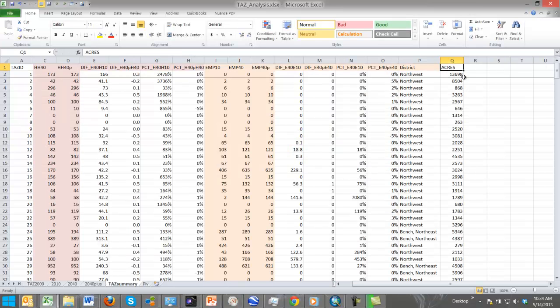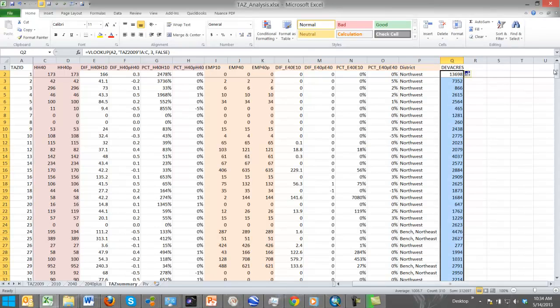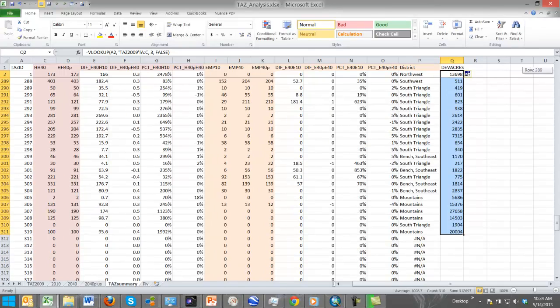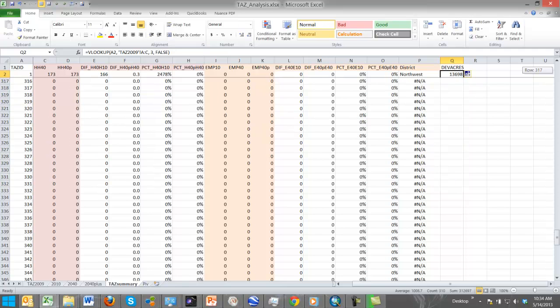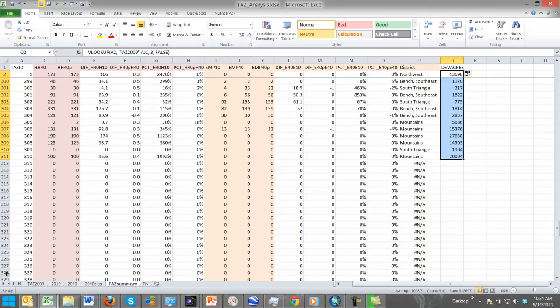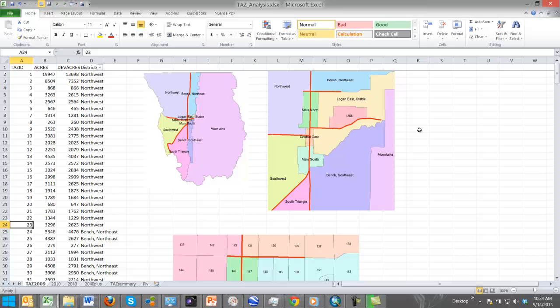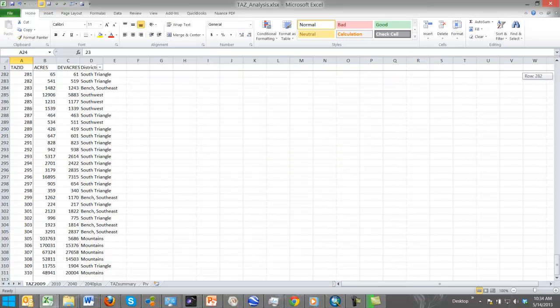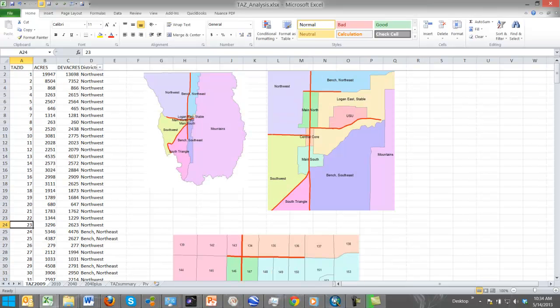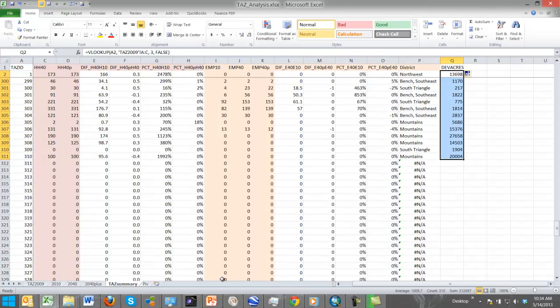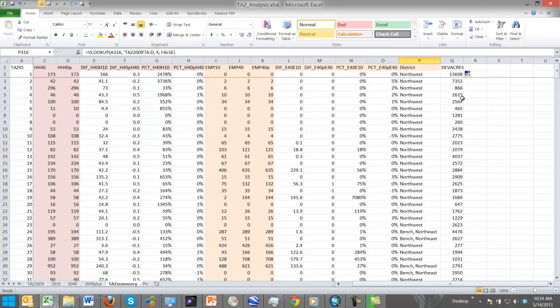Alright, so then I need to change this title to dev acres, and then I click down. And just scanning down it looks like it worked pretty well. It stopped at 310, probably because the columns there don't go any deeper than 310. They don't. So now I've got dev acres in that field. Alright, so now I want to see